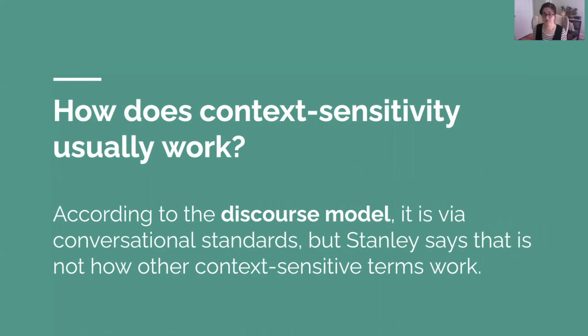Another way to try to make sense of contextualism is to ask in general, how does context sensitivity usually work? According to the discourse model, which is the one that Stanley thinks this contextualist is using, it works via conversational standards. So context sensitivity depends on what it is that we were talking about before. That's the discourse model. But Stanley says that that's not how other context-sensitive terms work. So suppose you want to adopt the discourse model for knowledge, it might be a problem because you can't adopt the discourse model for these other context-sensitive terms. For example,